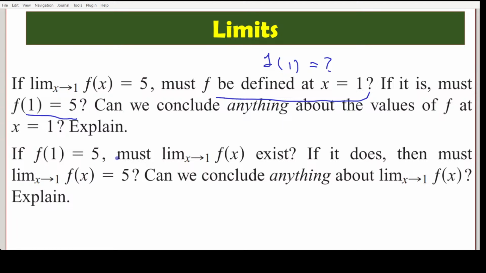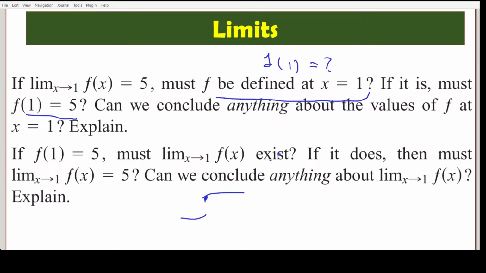f of 1 is defined. Does that mean limit exists at 1? No, sir. It need not be, right? Limit might exist. The f of 1 could be like this. Probably f of 1 is actually 5. Doesn't matter, right? Now, let's say if it exists, then should limit x tends to 1 f of x